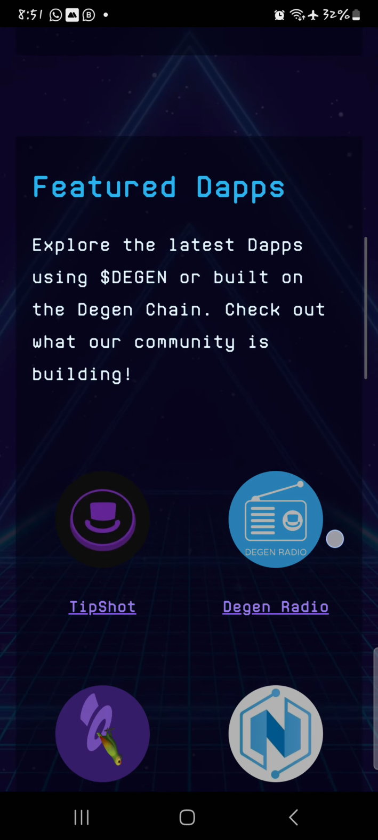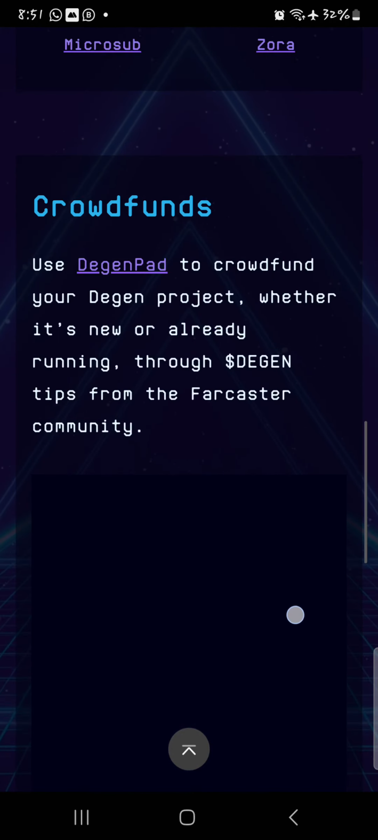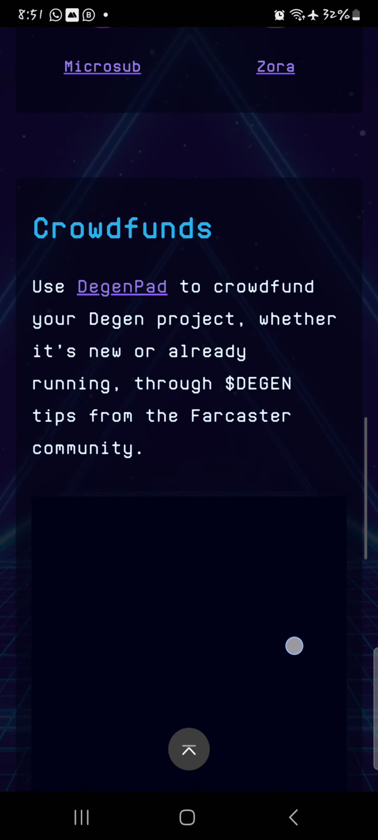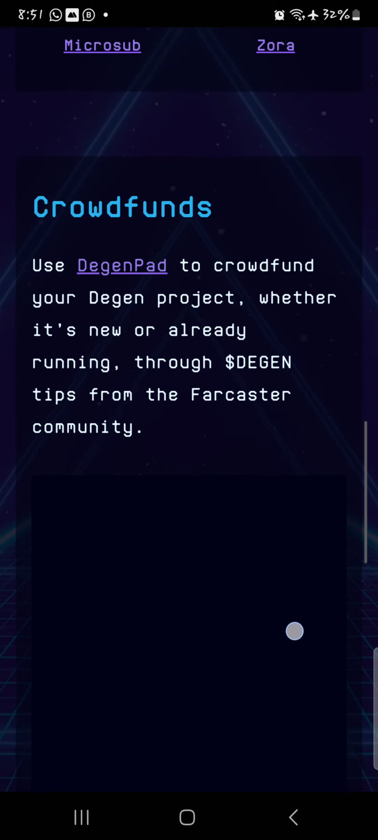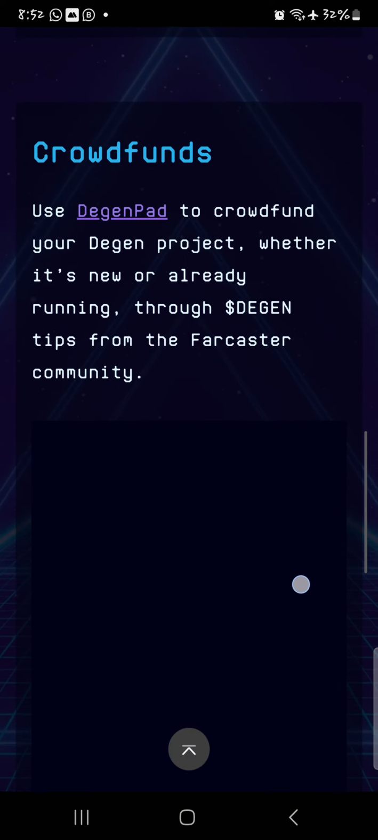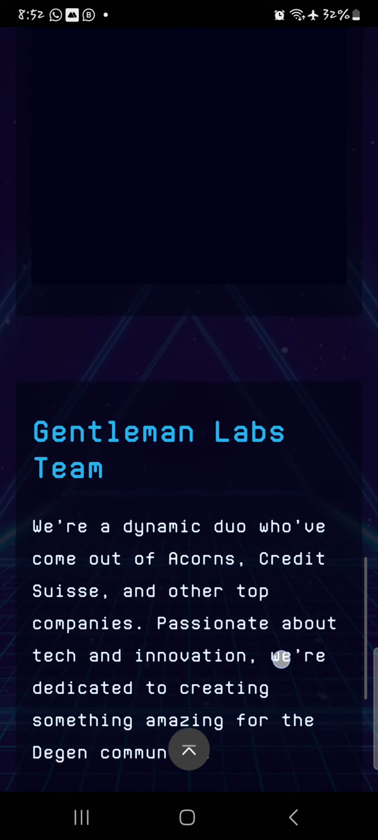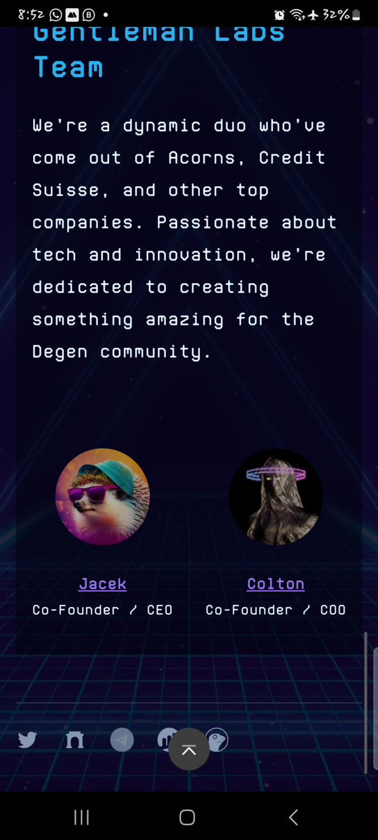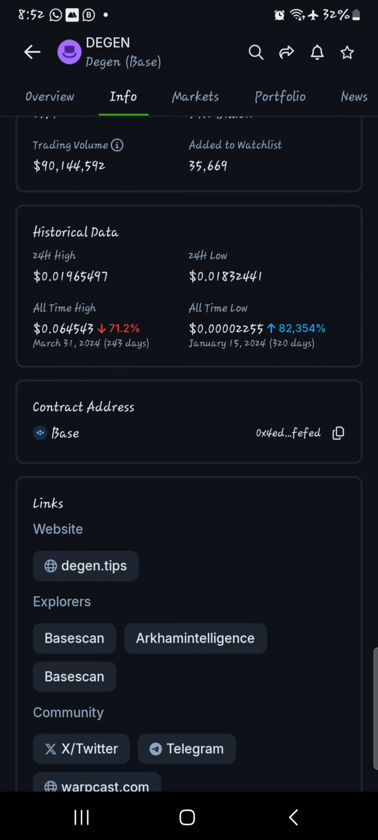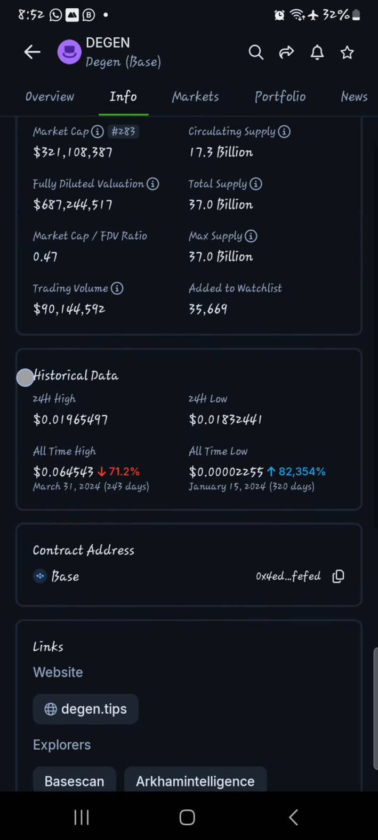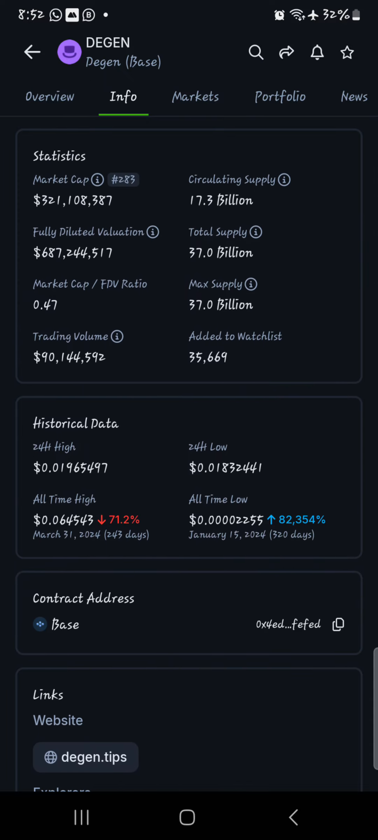Explore the latest deals using DGN or build by. So there's a utility for the coin. Use DGN power to transfer your DGN project, whether it's a new blah, blah, blah, blah. Okay. Tips on the Farcaster. So there's real utility, several, they are kind of limited utility, but does that warrant this project